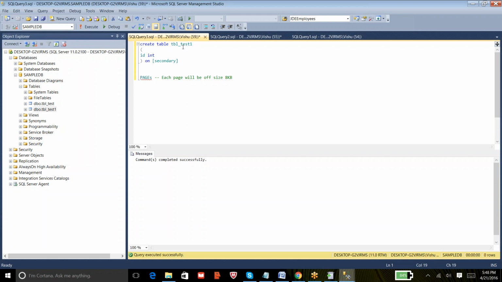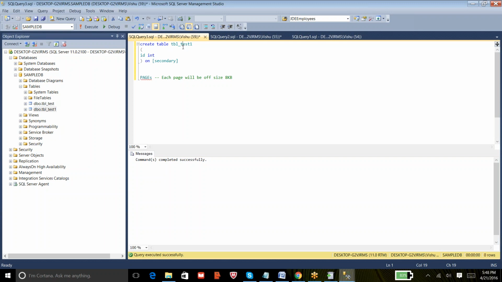So there should be a mechanism right inside the data files, or else we'll have some hundreds of tables in the database, and those hundreds of tables data will be written on to some thousands of pages. So once the insert is done, as a user, when I try to read the data from the database, how does SQL Server know that, okay, this table data is stored in so and so page number.